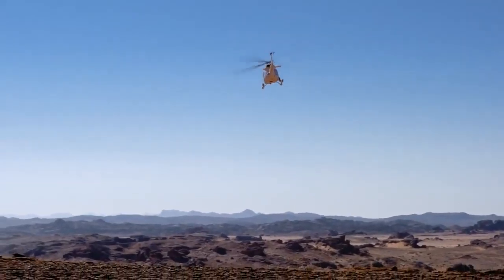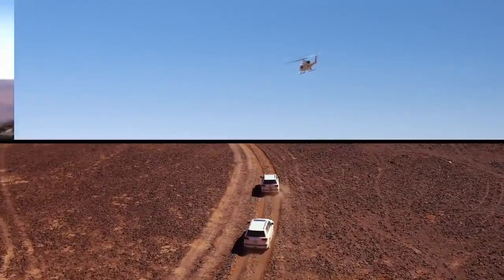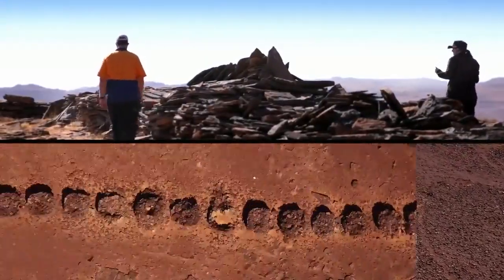The aerial survey is part of a much larger investigation, being led by the Royal Commission for Alula, a Saudi